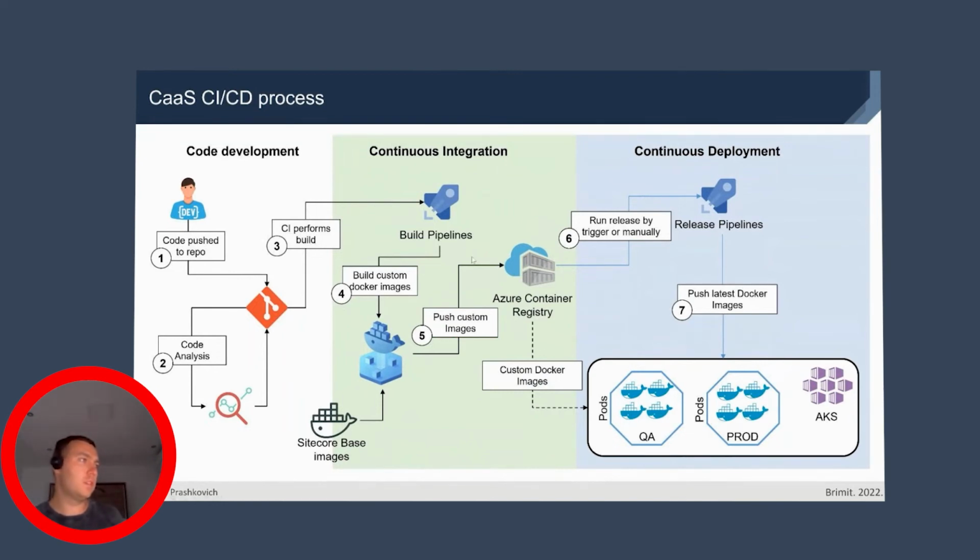Originally, it looks pretty similar, and especially the left side is definitely similar. We still have the same flow. We have a developer who pushes the code to the repository, code analysis, and then we perform the build and run the build pipelines. And the build pipeline will already be executed in a bit different way. It will use the Docker tool to build our custom image. And once the build is executed, the Sitecore base images will be downloaded from the Sitecore